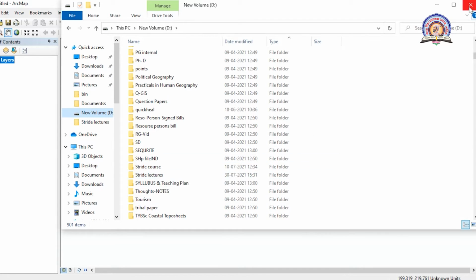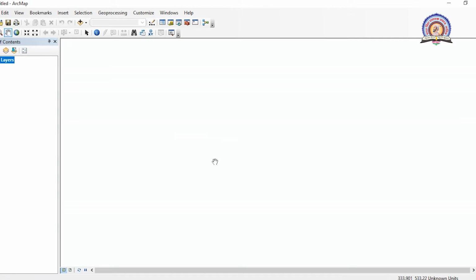In the same manner, you can create your own folder for your research, and in that folder only we have to save each and every file which we create in ArcGIS. So there is no issue of linking. Otherwise, if you do not save your data in a proper file format, it will get disturbed and there will be an error. So the first thing to keep in mind is that before starting your own database, we have to create a data folder.